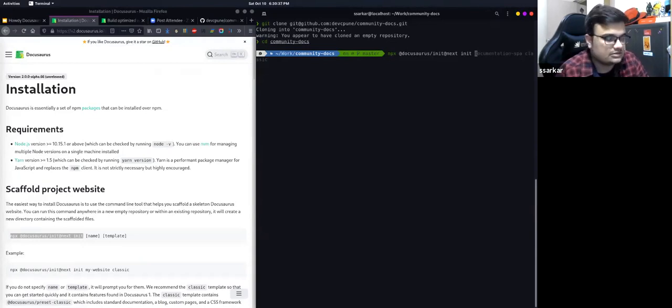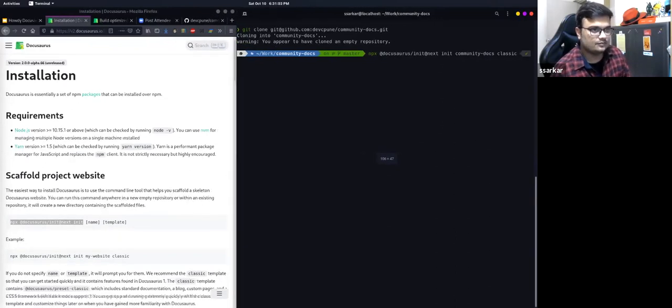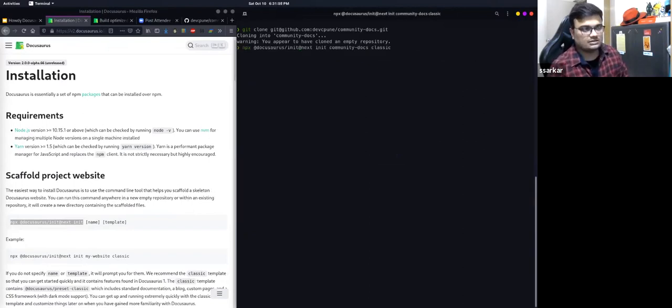So for Docusaurus v1, it used to be just Docusaurus init. Now, since we would be using v2, we would be using at next. So I say init and I say community docs. Oops, that sucks. And let me specify the classic template for now, because I happen to know that it is pretty good. So when I run the npx command,